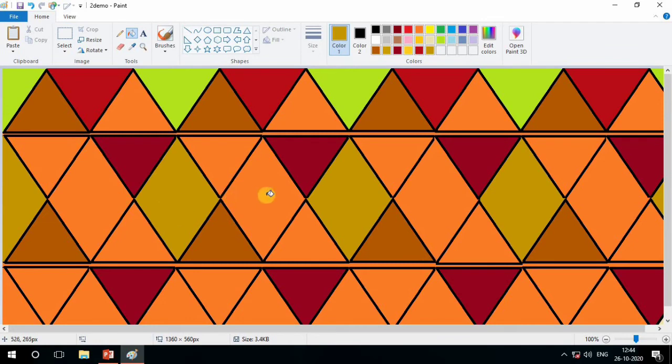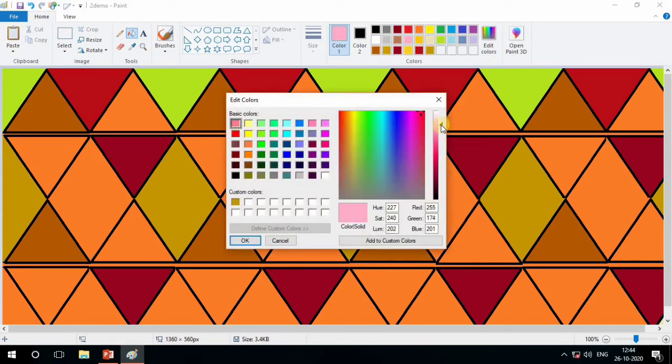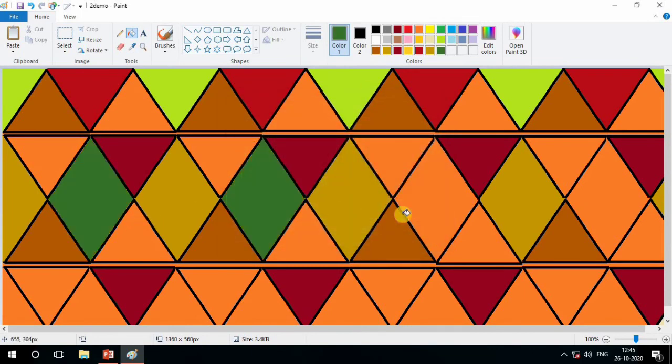Third one fill, fourth one skip. Yes. Now see another shade, add it and choose another shade. Edit and okay. Fill it here.